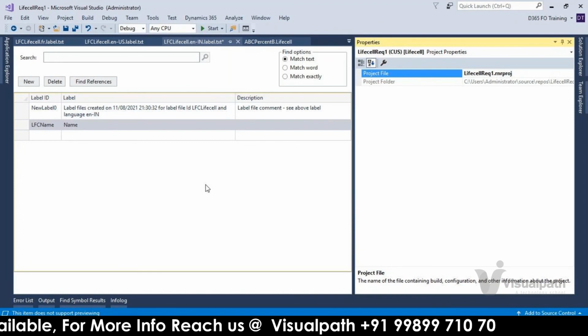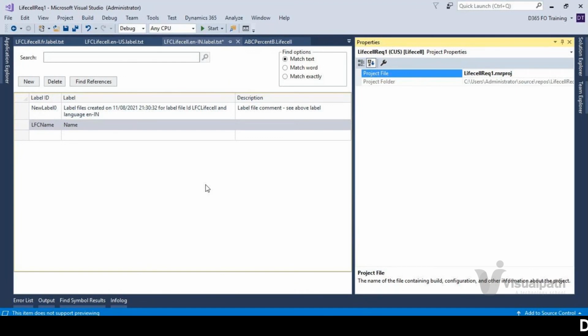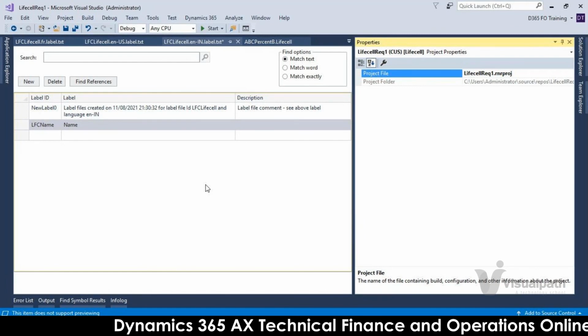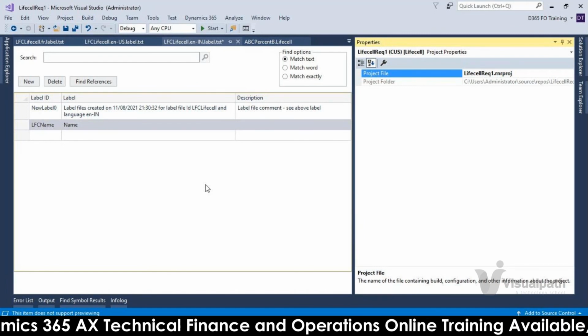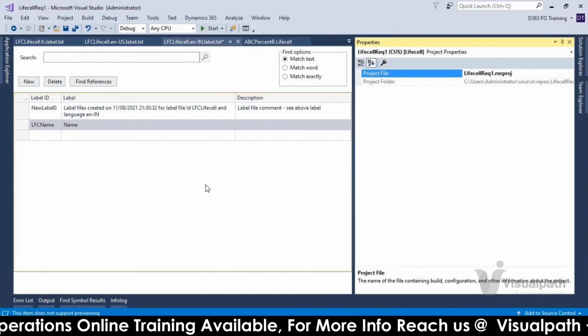Previously they used to change the process directly. For example, you have a sales order process. In between, if they add some new process or something, previously they directly added it. Now they came up with a concept called feature enablement. You have a separate workspace for features. If you want, you can enable it. If you don't want, you can disable it.